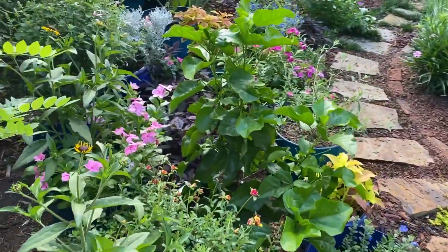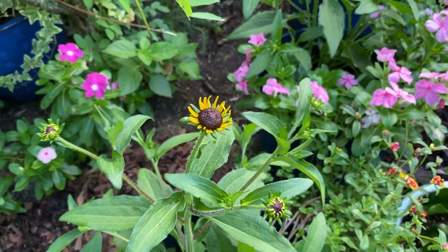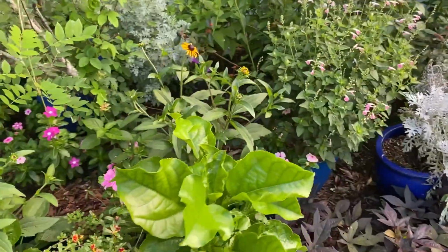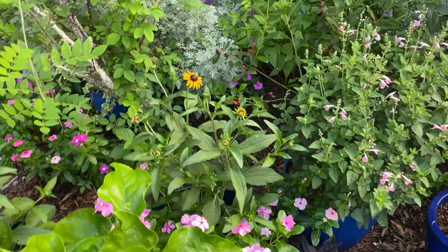Just loving all the colors. Oh, and look at this. This black-eyed Susan is starting to almost pop out. Oh, I've got like 3 of them over here. So there's one. There's one. I really hope that they can all bloom